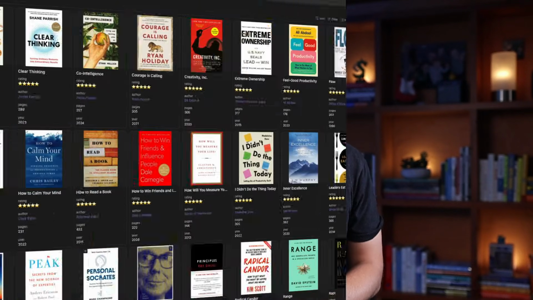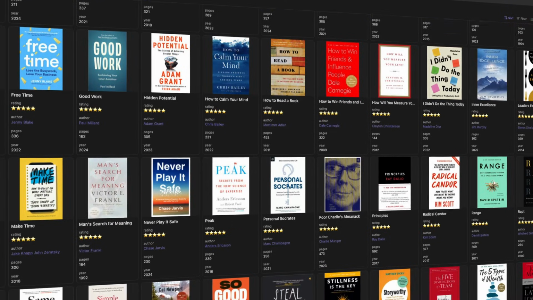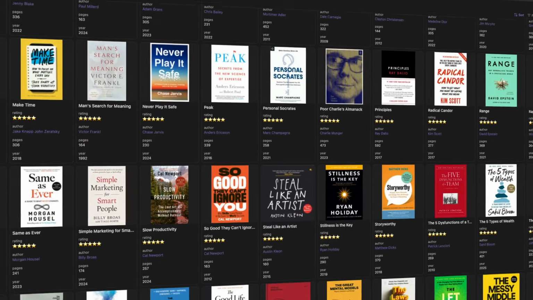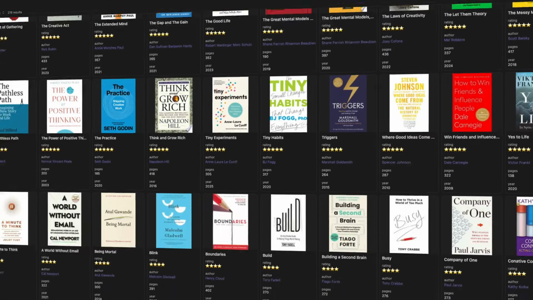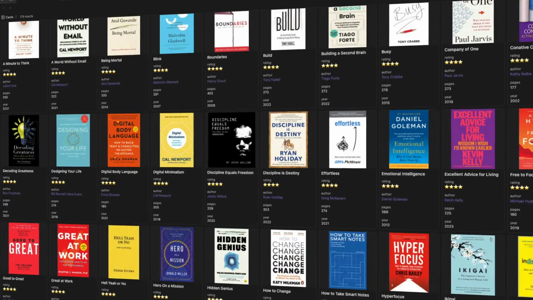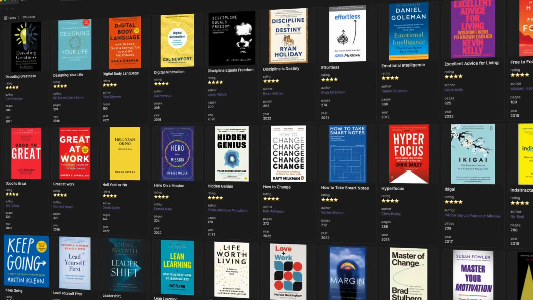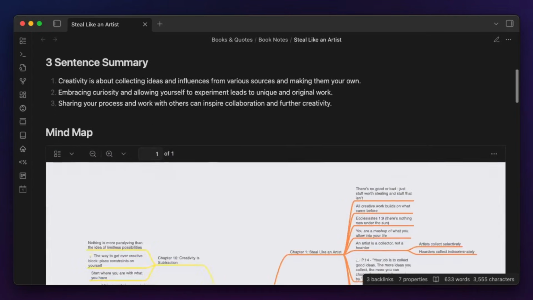But first, let me show you the payoff, because seeing this will help the rest of everything I'm gonna say make sense. So jumping ahead, here's my booknotes library in Obsidian using the Basis core plugin. It has all my book notes from over 220 books, the author, the year published, the number of pages, my own rating of the book from 1 to 5 stars,